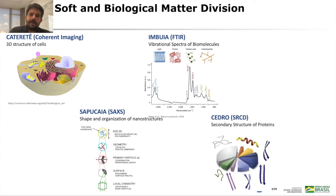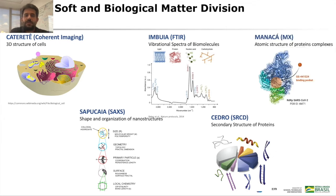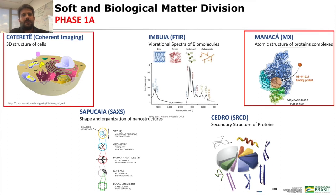CEDRO is one of the new beamlines that uses the UV spectrum for synchrotron radiation circular dichroism. There is a strong demand especially from the biophysics community for this technique. And MANACÁ, which is the first one that started operating, for protein crystallography. What I'll give you now is a tour over these first two beamlines that are being